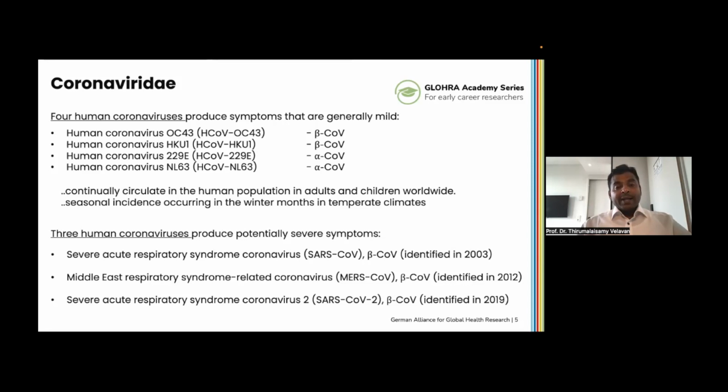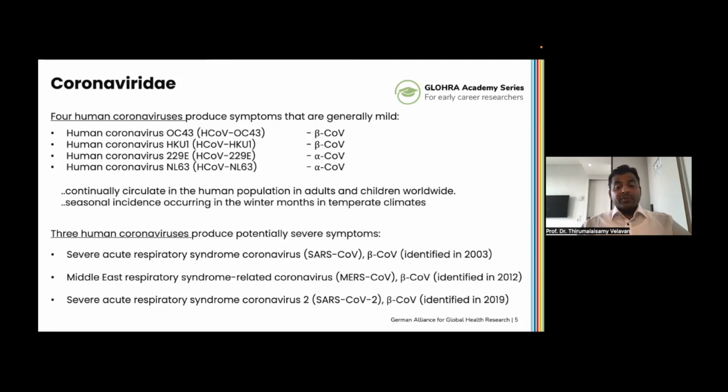These 4 cause mild disease episodes, whereas the other 3 human coronaviruses that are known to be more severe and fatal are caused by 3 different human coronaviruses, and all these 3 belong to the beta coronavirus family. The first one being the severe acute respiratory syndrome coronavirus, the very first ancestral SARS-CoV-1 or SARS-CoV, which is a beta coronavirus, identified first in 2003 from a patient from Hong Kong, identified mostly in the Southeast Asian region, bearing large morbidity and mortality rates, followed by the Middle East respiratory syndrome related coronavirus, the MERS-CoV, which is also a